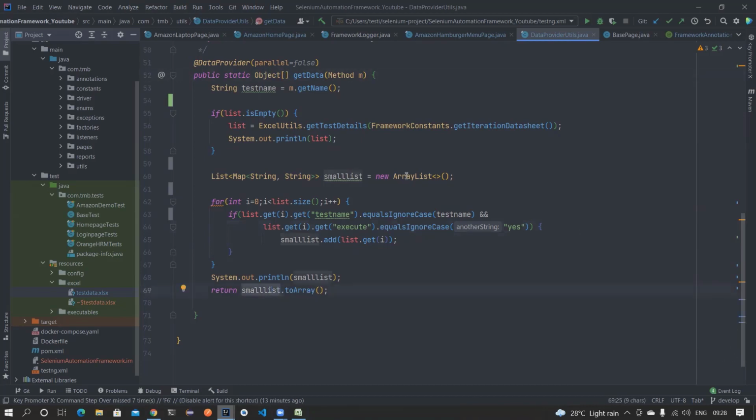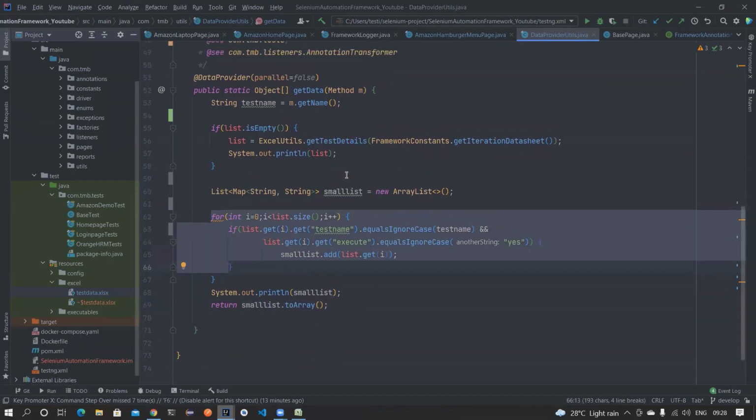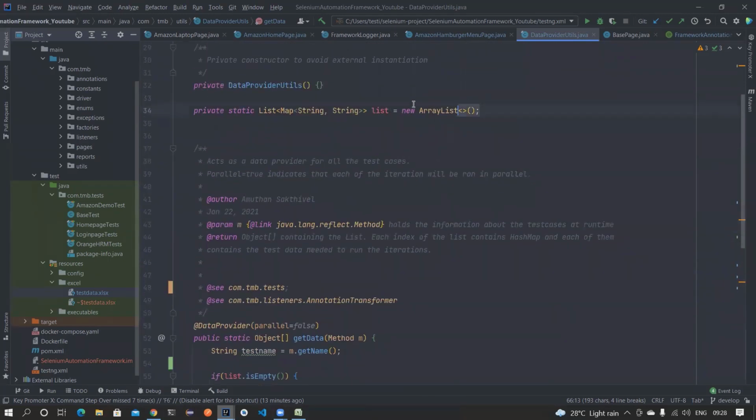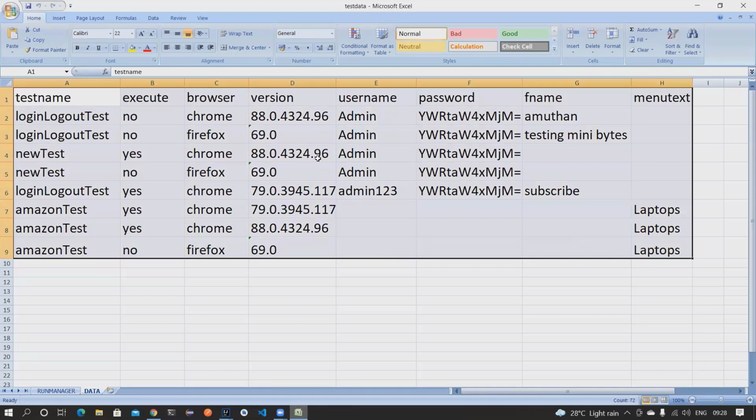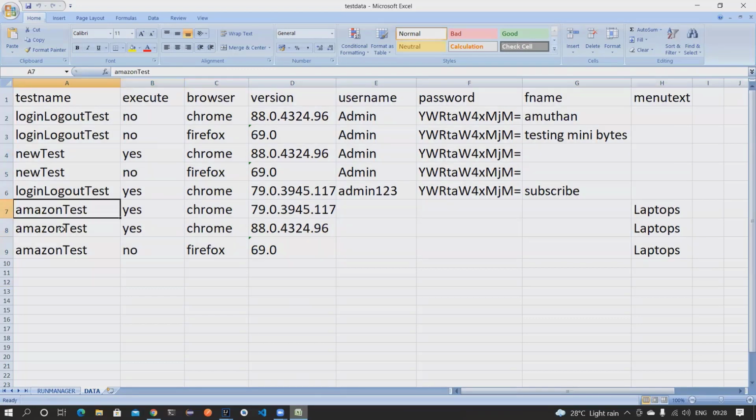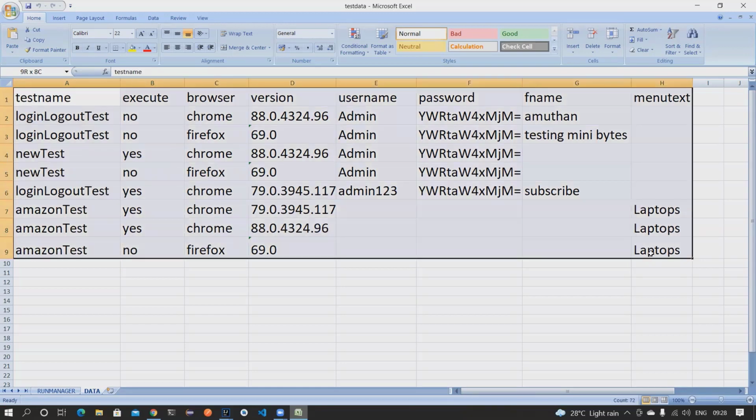So this is what is happening at this particular thing, but this is a little noisy because of the for and if conditions. So I want to optimize this piece of code. How can I do this? So first I want to make a copy of this. Okay, so this bigger list has all these values. Previously I created a small list and only added these 3, but in this case I'll make a copy of this bigger list.